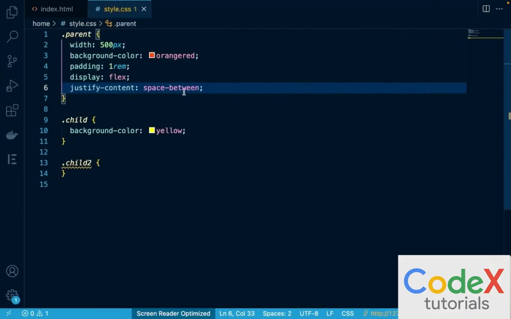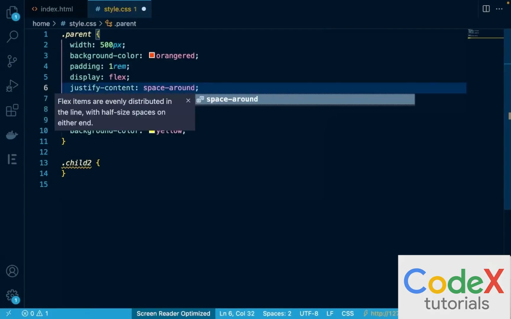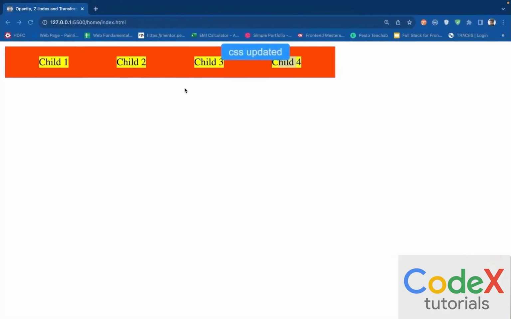That is what space between does. And in most of the layouts that we do today in the modern web, you will find a huge use case for space evenly and space between. Now, finally, there is one another value which is called space around, and space around is a little complicated and it does not find a lot of use cases in actual website designing,